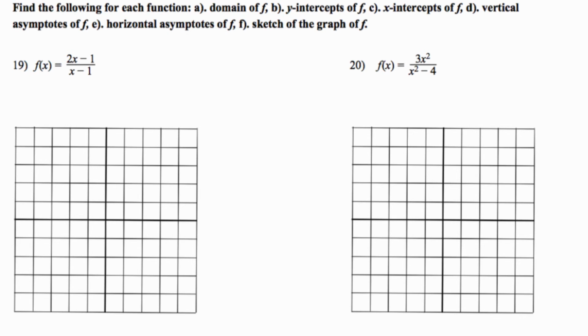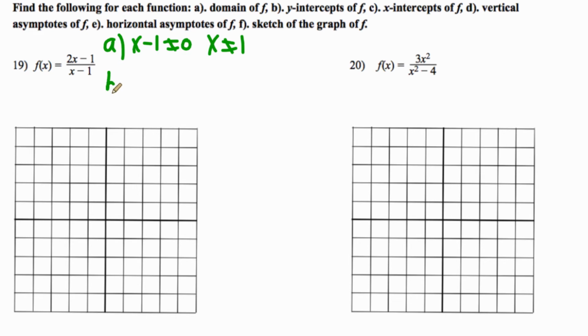In 19 and 20, we're looking at doing a bunch of different things to help us sketch out the picture of this function. We have to find the domain, y-intercepts, x-intercepts, vertical asymptotes, horizontal asymptotes, and then draw out the picture. So for number 19, if we look at part A, finding the domain of the function, remember the bottom cannot be 0, so x minus 1 cannot equal 0, so x cannot be 1. So we've got some sort of domain issue happening there, whether it's a hole in the graph or a vertical